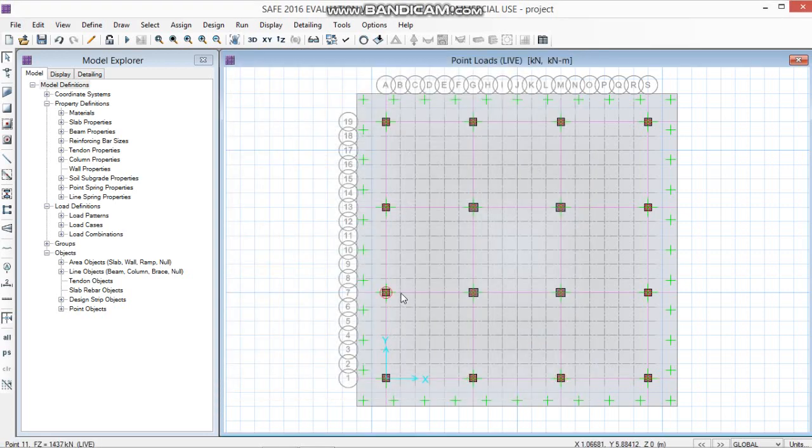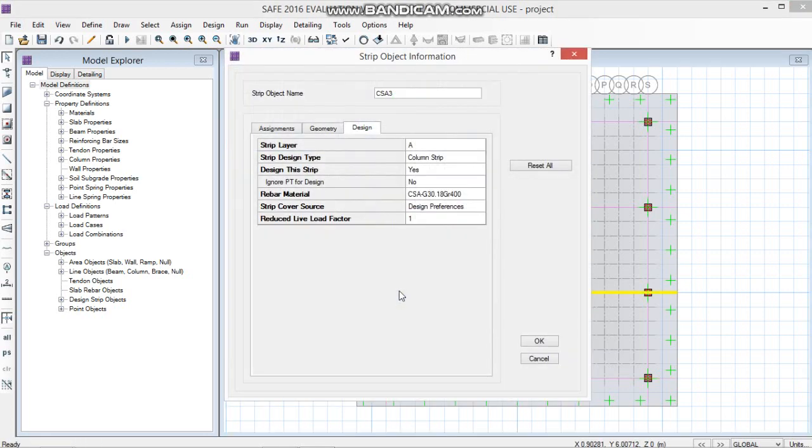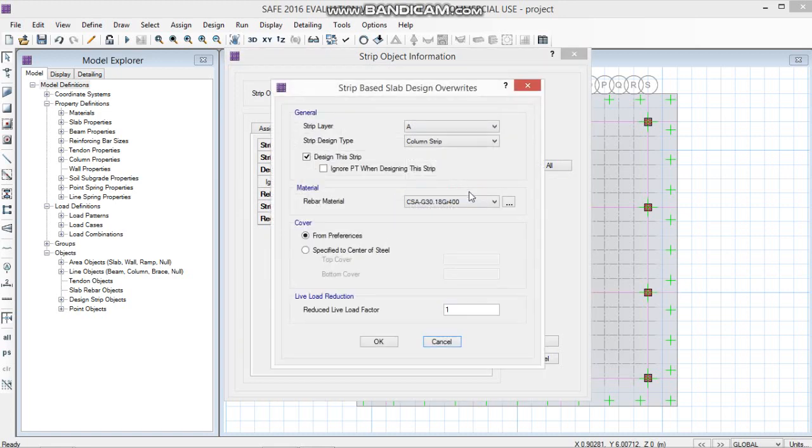Go for the next design strip, change the rebar material to HYSD 500, click on OK, click on OK.